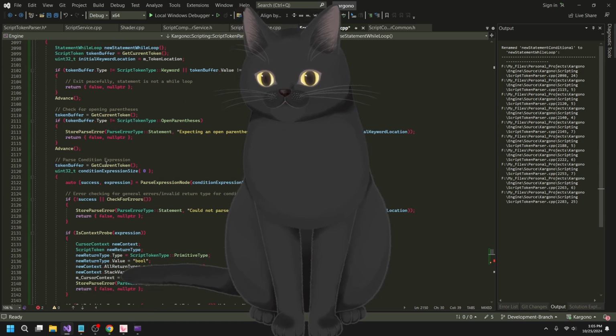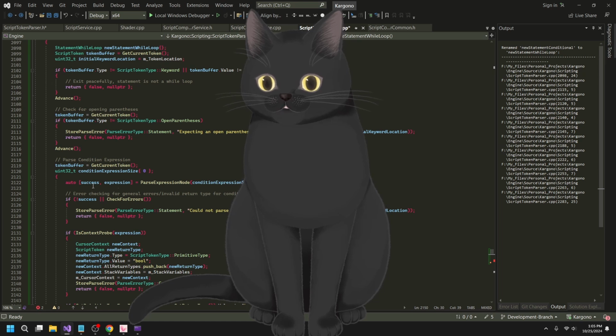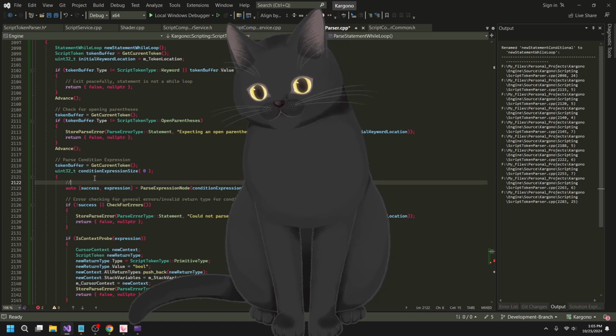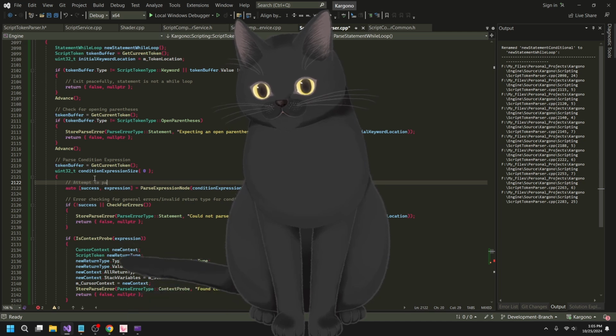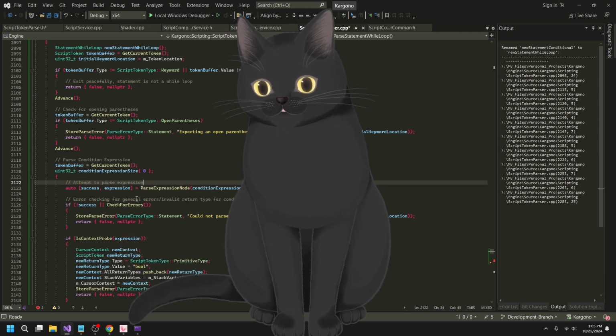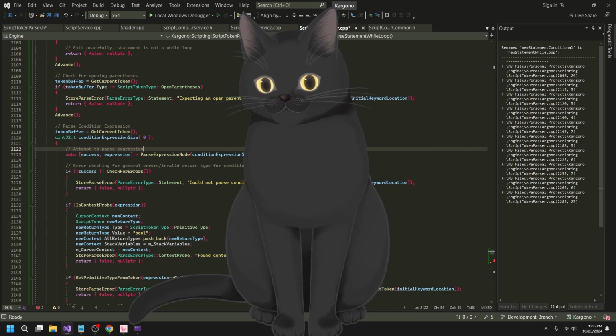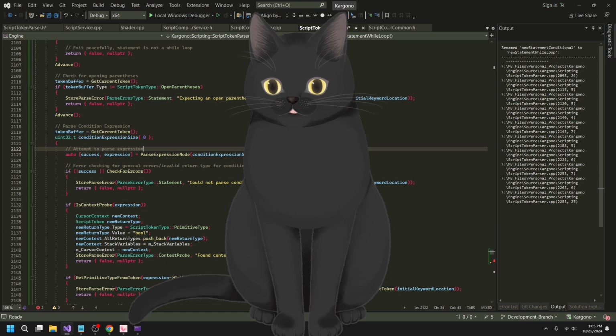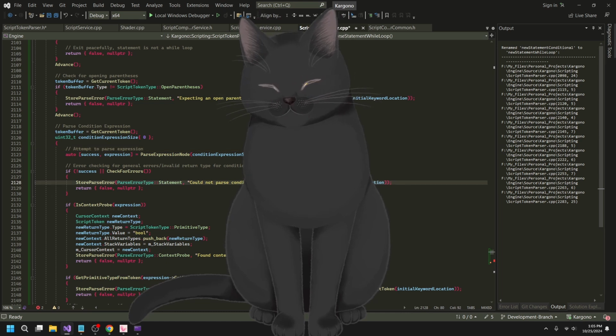So parse condition expression. Let me just read it real quick, just make sure I didn't throw anything silly. Parse expression node, so we do the actual parsing. Attempt to parse expression. And then check for general errors or invalid return type. Sure. Could not parse condition for a while statement.